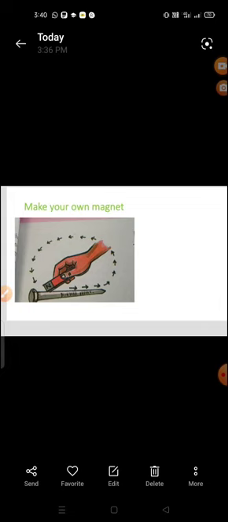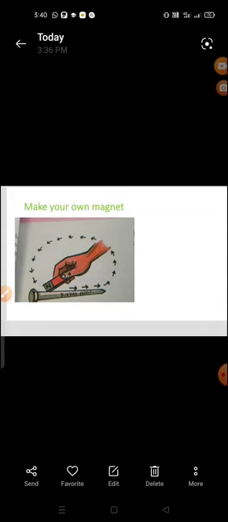Understand? So this is the process to make your own magnet. Try it at your homes and bring your own magnet tomorrow to our school. Okay children?